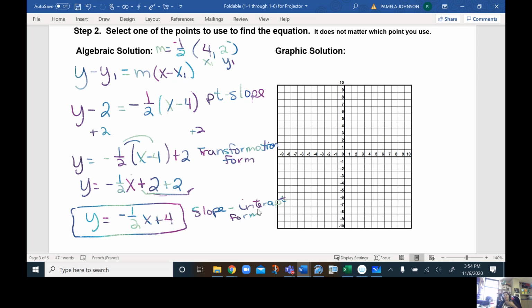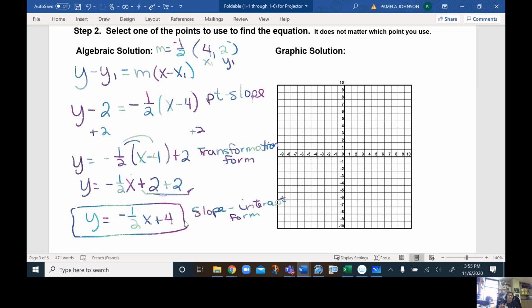And then we could have used the other point. We could have used the -4/6 point. We would have had the 6 here. This would have ended up being a +4 on the right side. It still would have simplified down to give us the y equals -1/2 x plus 4. It does not matter which point you use on the line. When you put it into point slope form and you simplify it to slope intercept, you will end up with